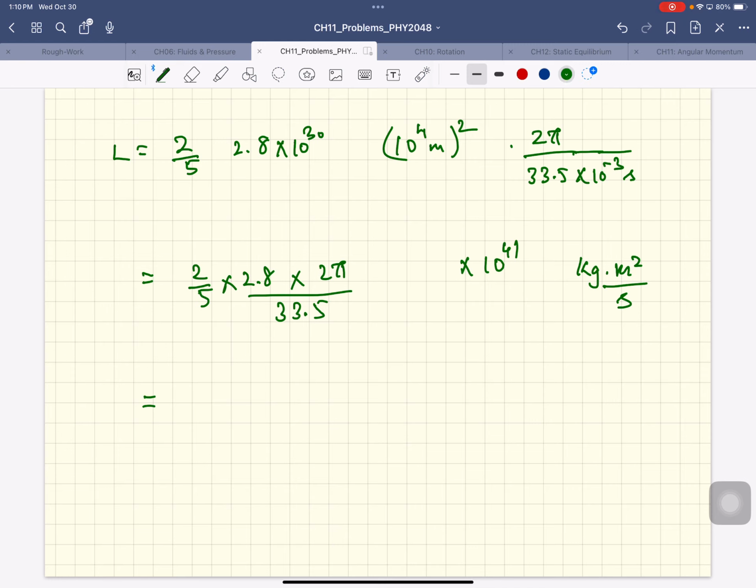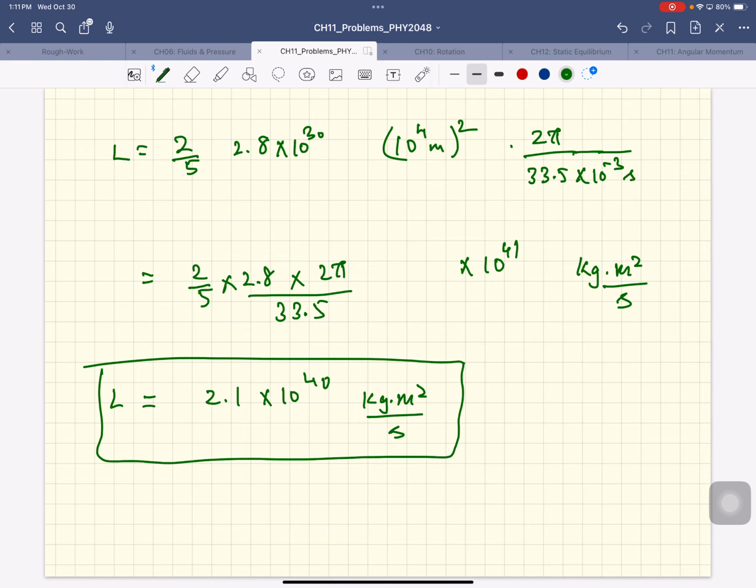So that's 0.4 times 2.8. So there's the angular momentum of the